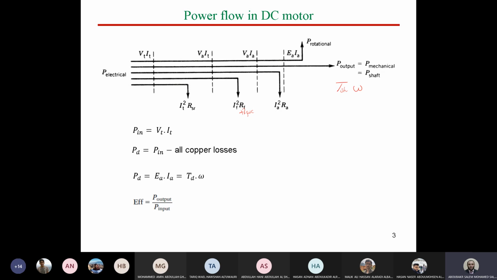This armature current will have its own flux, and this flux will affect the other winding, which in a DC motor is the stator winding, because in a DC motor we have stator windings for the field in the stator side, and we have armature winding for power in the armature or rotor side. So here you will have armature reaction, which will affect the field winding. For the solution, we have two different things, which are the compensating winding and